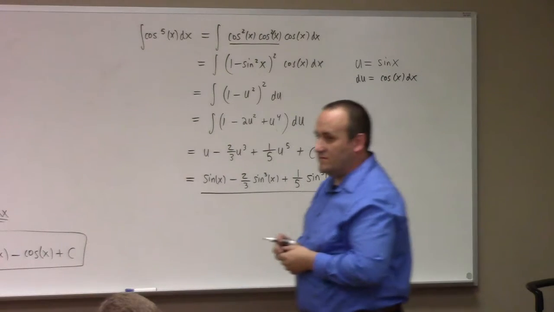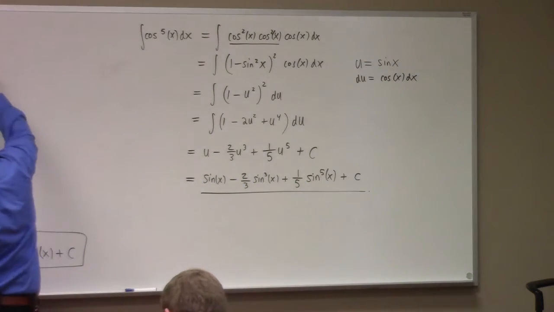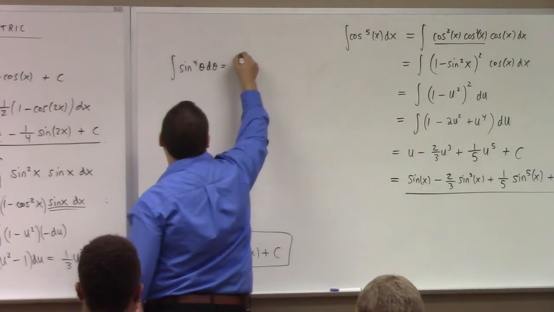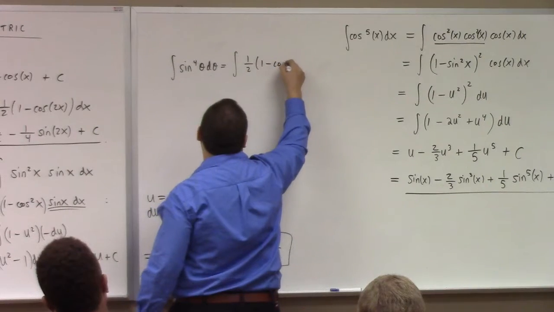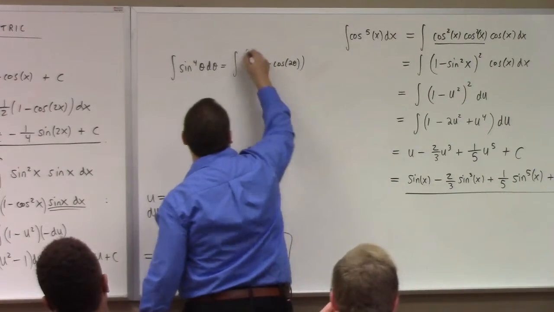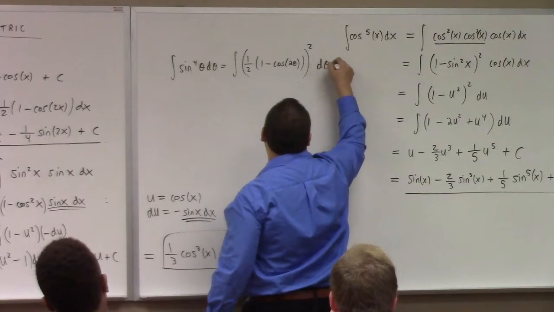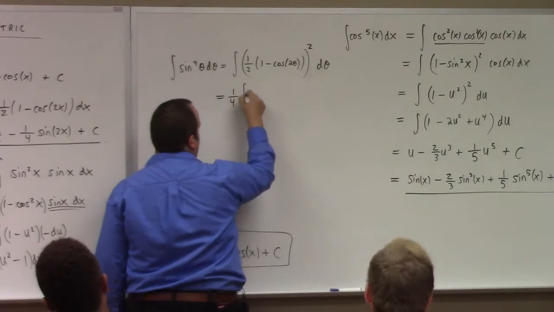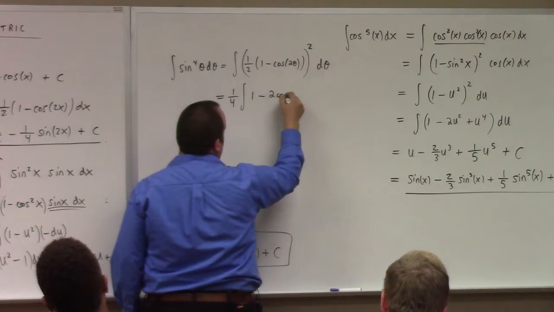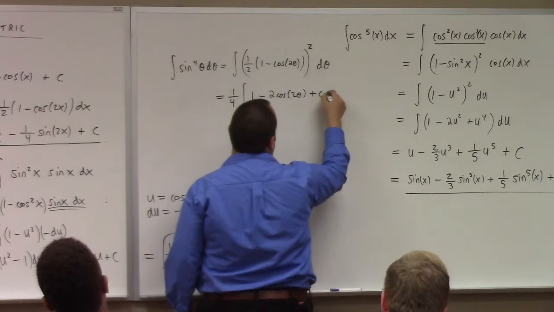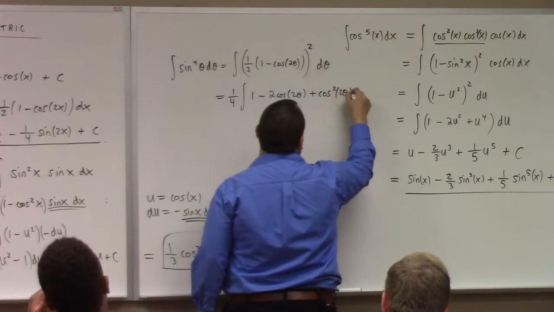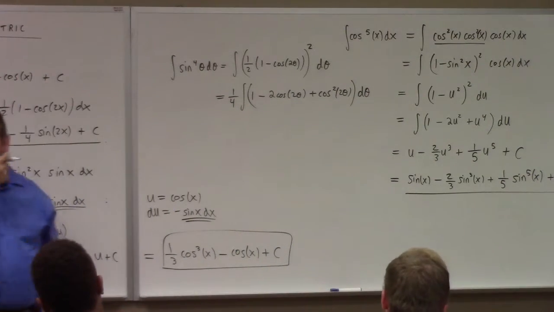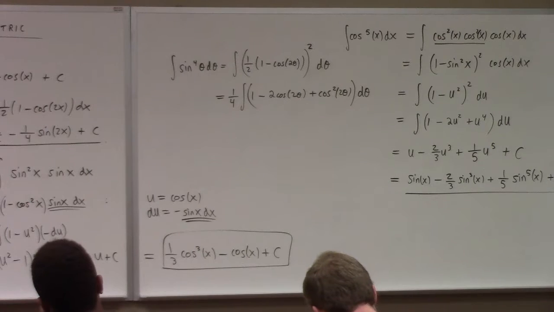It's not fun. See, because integral of sine to the 4th, what does that mean? We got to square this thing, right? What happens when you square that? You get 1/4 integral of 1 minus 2 cosine 2 theta plus cosine squared 2 theta, right? Now the first two terms are harmless. We can integrate those. Easy peasy. But the last one,